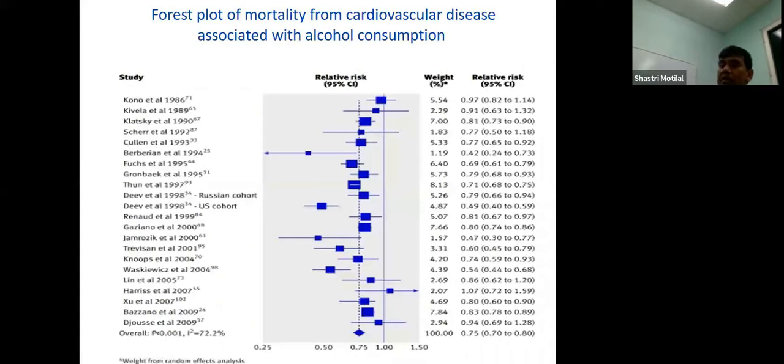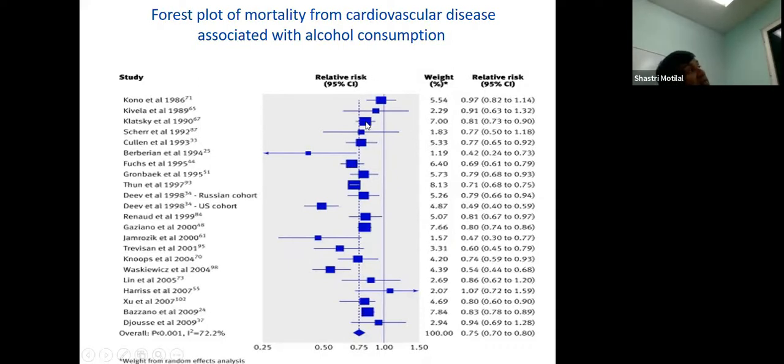This is what one of the meta-analyses looks like. The first thing you do when you're looking at a meta-analysis, the first thing I like to do is look for that vertical line. That vertical line is the line of no effect. In this case, you're looking at relative risk, and the line of no effect is 1. Therefore, all the studies that touch this line show that there were no differences in drinking versus no drinking and heart disease.